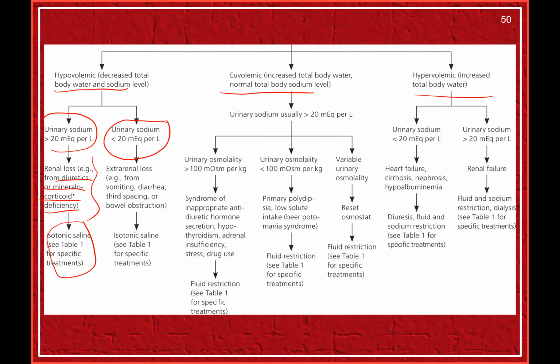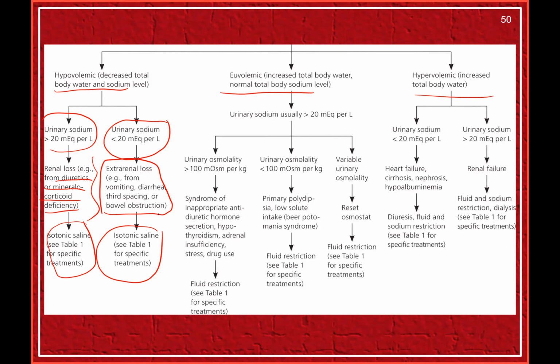Suppose it is extrarenal loss, then we know the causes like vomiting, diarrhea, or third space sequestration in the peritoneal cavity, or a bowel obstruction. In all these cases, the fluid is held in the bowel loops or in the peritoneum or is lost by diarrhea and vomiting. There will be very clear indication that the patient is hypovolemic, there is hyponatremia, and both water and salt are lost. You treat it as a case of dehydration, and that is again isotonic saline, 0.9% sodium chloride. Specific treatments of diarrhea, vomiting, third space, and bowel obstruction are according to the causes. We are not going into the details of that.